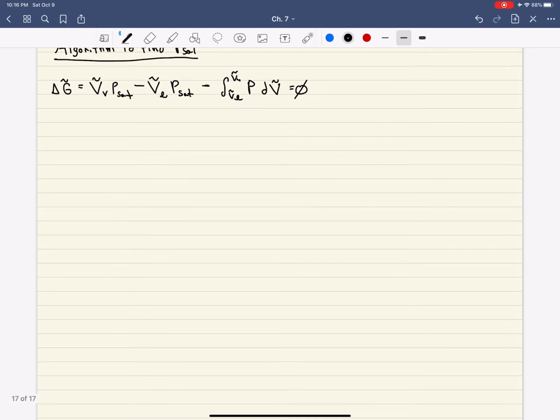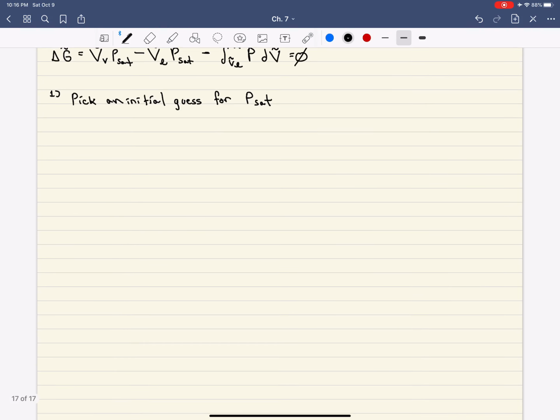All right, and so when you're trying to calculate vapor pressure, what you got to do first is you got to pick an initial guess for Psat. Okay? So you pick an initial guess for the vapor pressure, and then from whatever equation of state that you use,